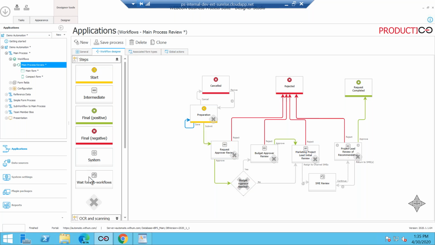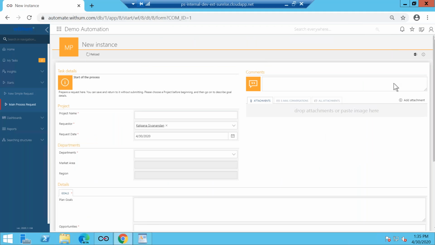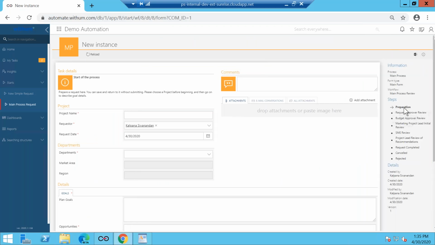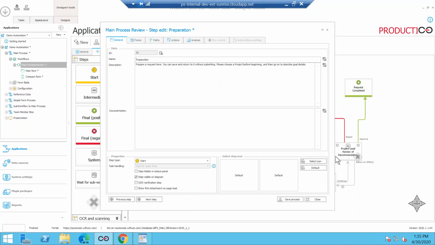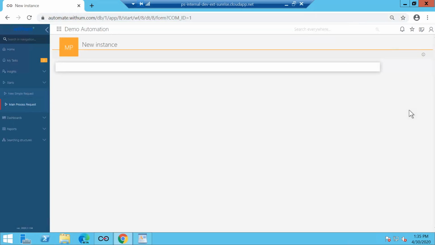You have your options right here. And all you need to do is drag and drop them, and then you double click and you start working on that particular path, or if you want to call it path or step, whatever you want to do. So right here, when I told you, I don't like this in my right panel to be preparation. I would rather call it something like a draft. All you have to do is just do this and then save the process. And you should be able to quickly see when you reload that this is going to have draft right there.